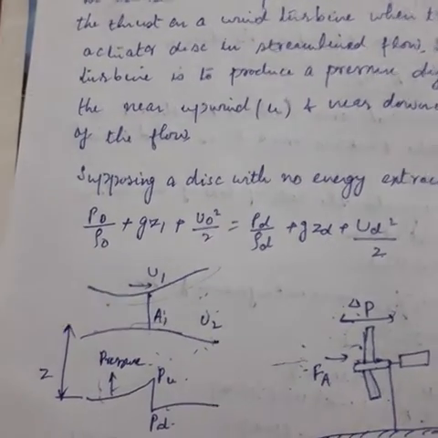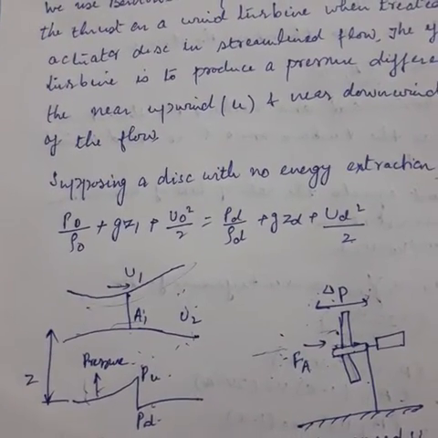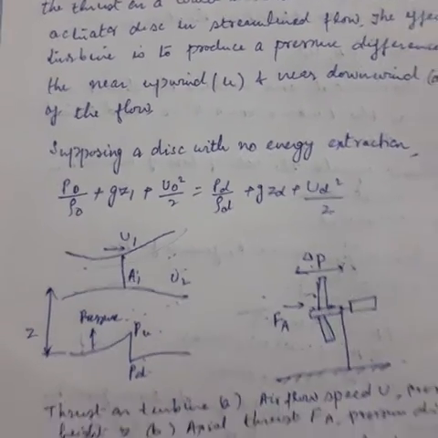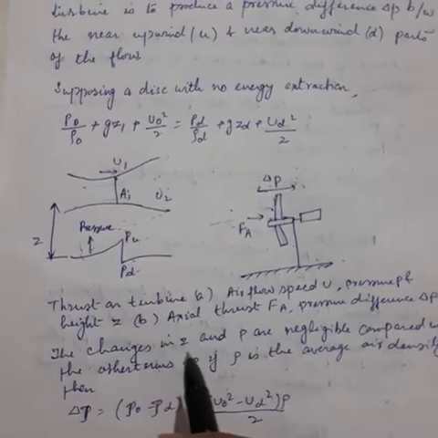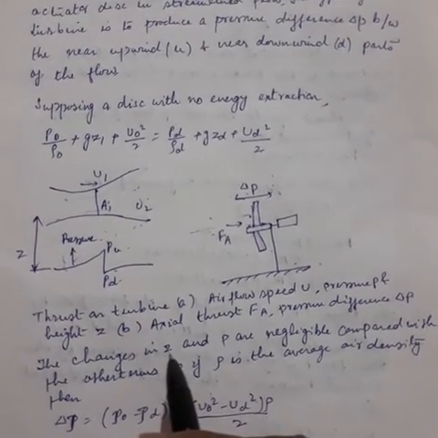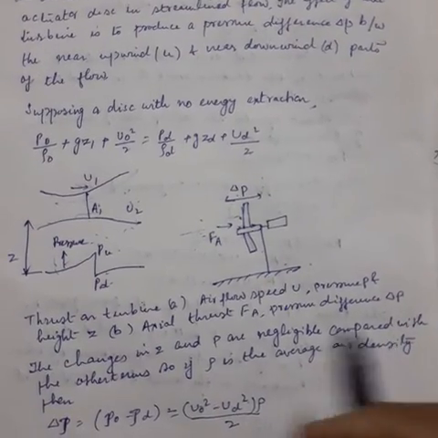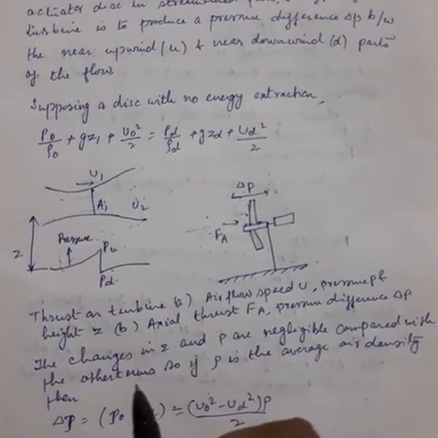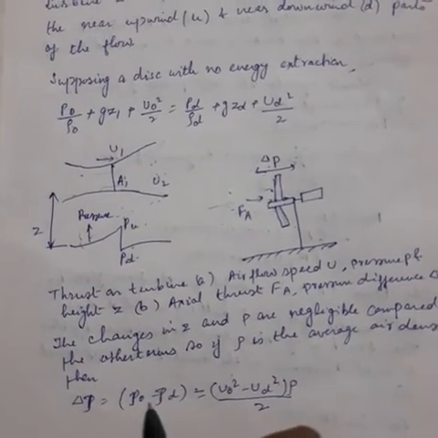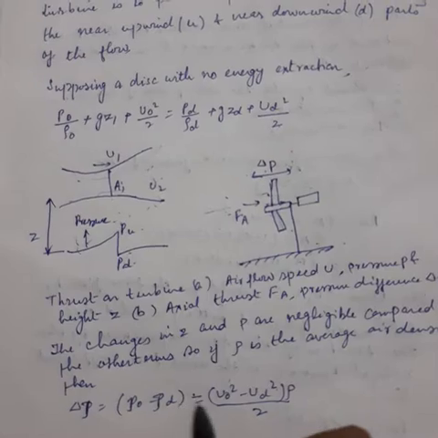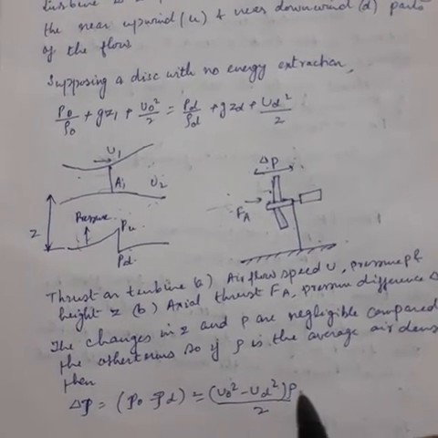We already discussed this when we calculated the total power through the wind turbine. The changes in Z, that is the changes in height and pressure, are negligible compared with the other terms. So if rho is the average air density, then del P is equal to P naught minus PD, that is equal to U naught square minus UD square by 2 into rho,